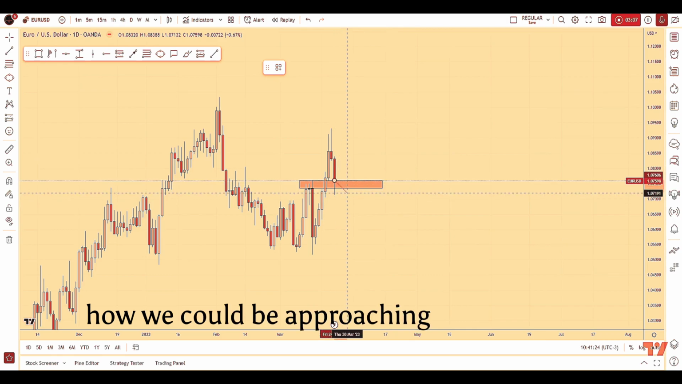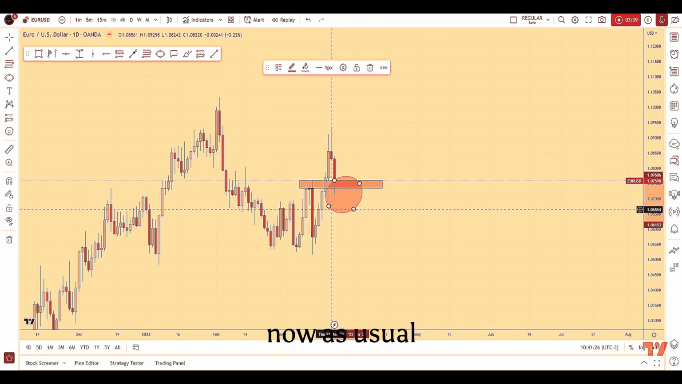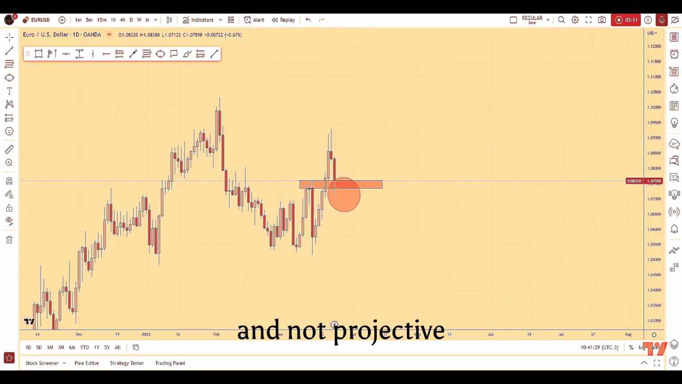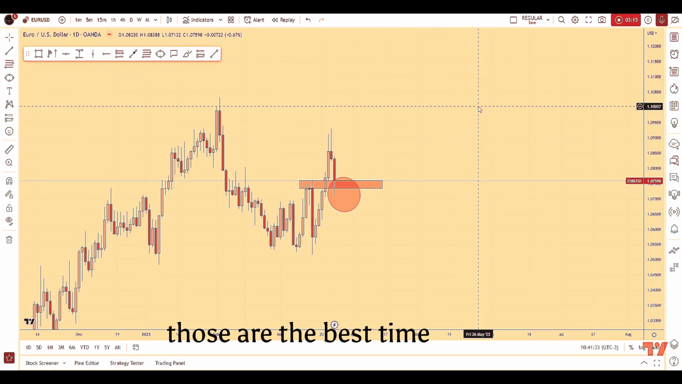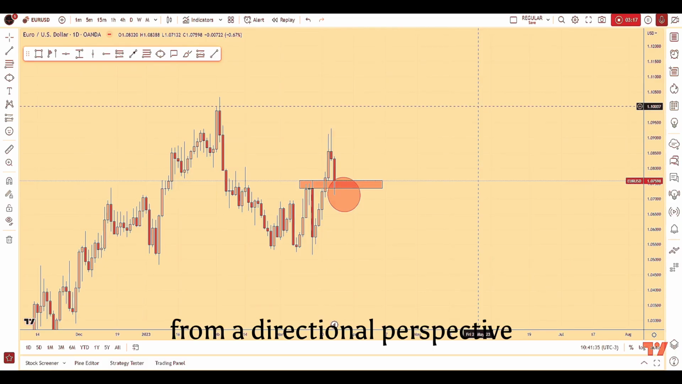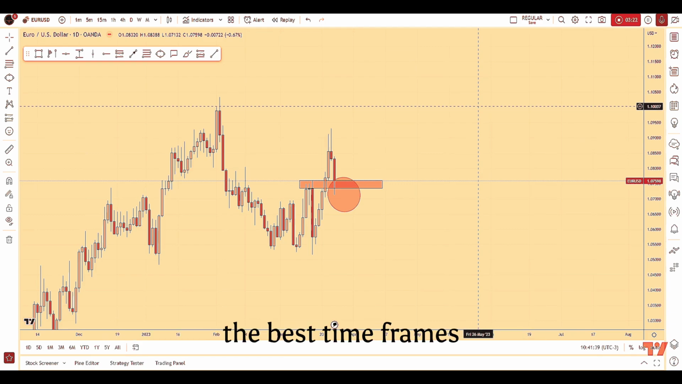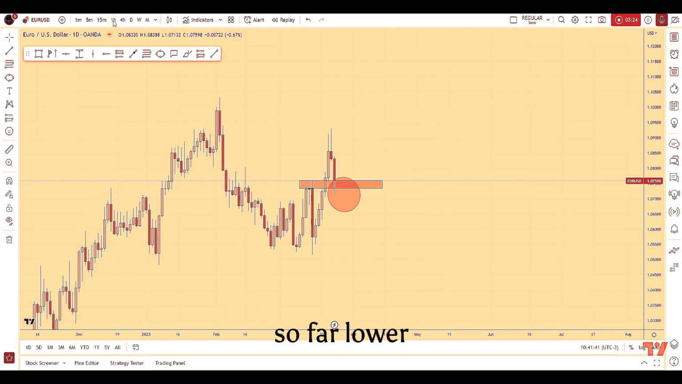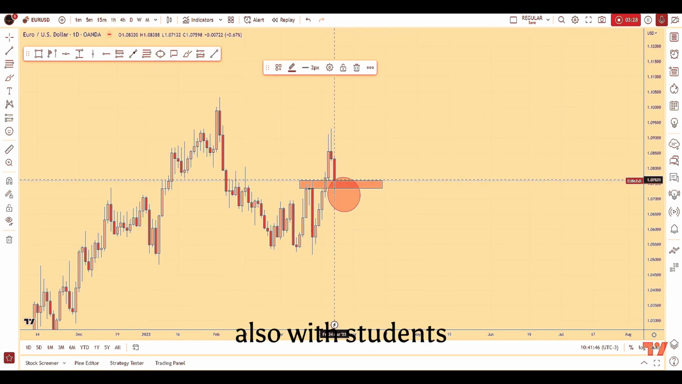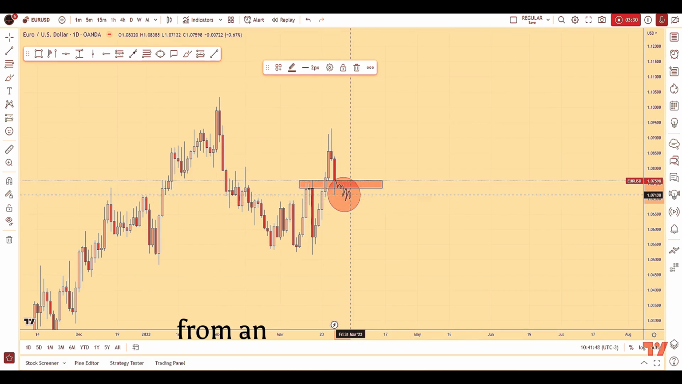So how could we be approaching this potential move? Now, as usual, trading is reactive and not predictive. The monthly, weekly, and daily, those are the best time frames from a directional perspective. However, when it comes to confirmations and entries, the best time frames are the intraday time frames, so 4 hour and lower. Therefore, what we could be doing, potentially also with students, is monitoring price action from an intraday perspective